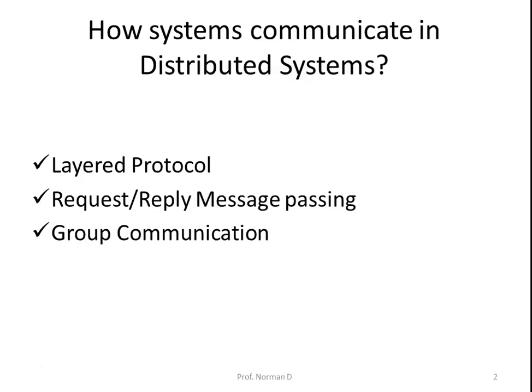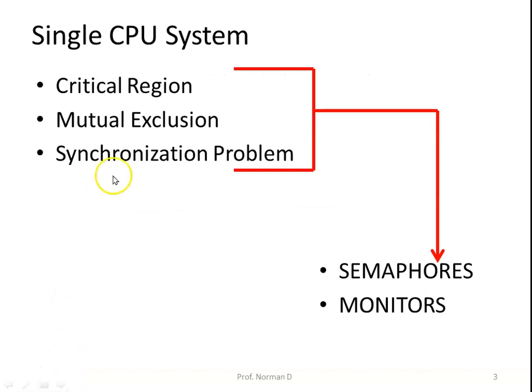What about synchronization? In this session, we will speak about certain algorithms that help synchronize processes across different machines. Now, in single CPU machines, critical regions, mutual exclusion, and other synchronization problems are usually handled with the help of semaphores and monitors. Whereas semaphores and monitors cannot be used when we are having a distributed system. We have to find some solution for how to handle synchronization across different machines in a distributed system.